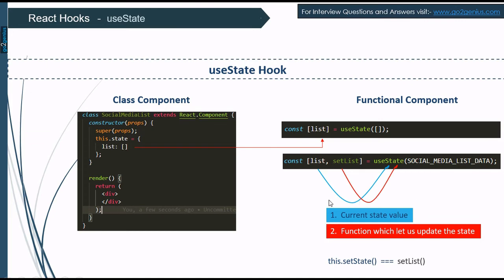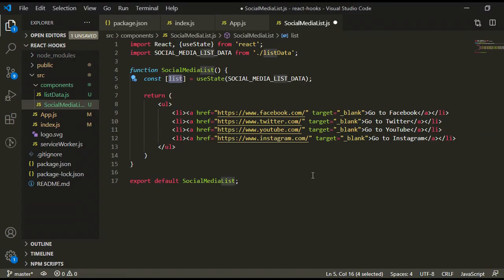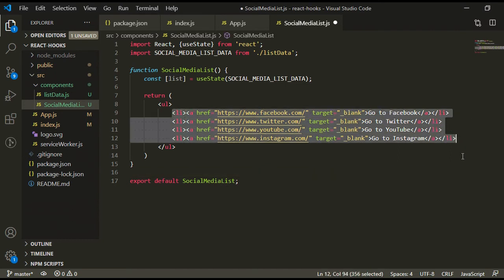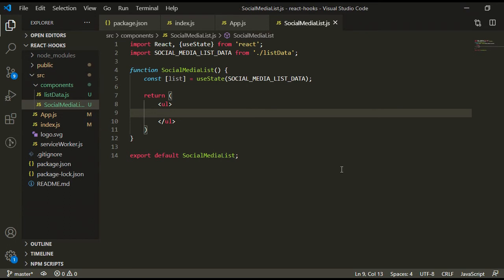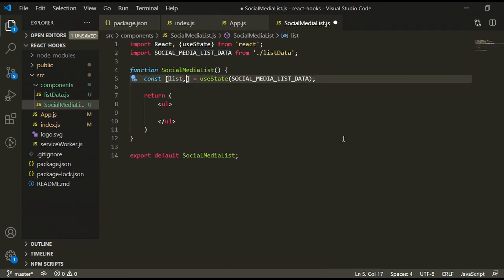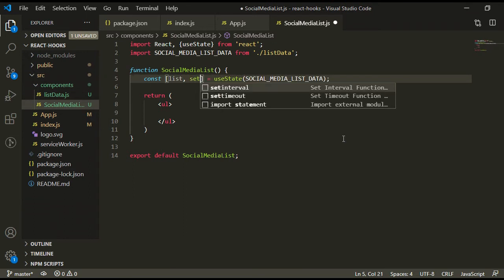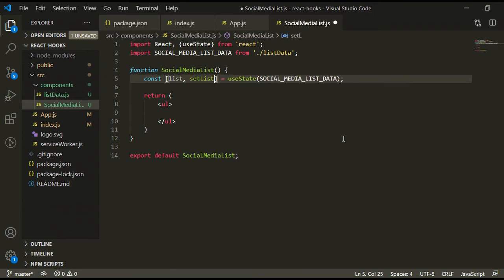So let's go back to our code. Just remove this code from here, because now we have a list of items, and here give the function name. This function will be used to update the list.